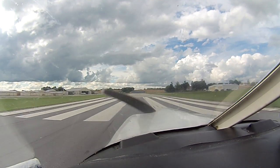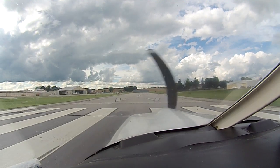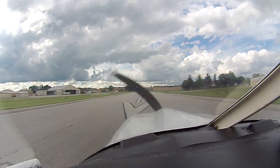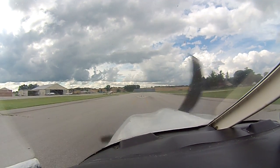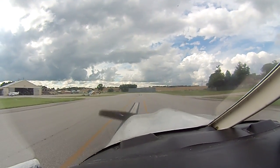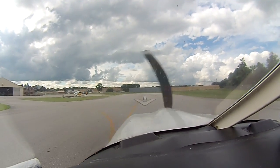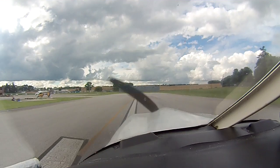Soft field takeoff, we do it when we are at an airport with loose gravel, slush, grass, anything that is not paved or in good condition. Why do we do it? Just in case we ever need to go to a soft field, we know how to do a takeoff and landing on it, transferring the weight from the landing gear to the wings as smoothly